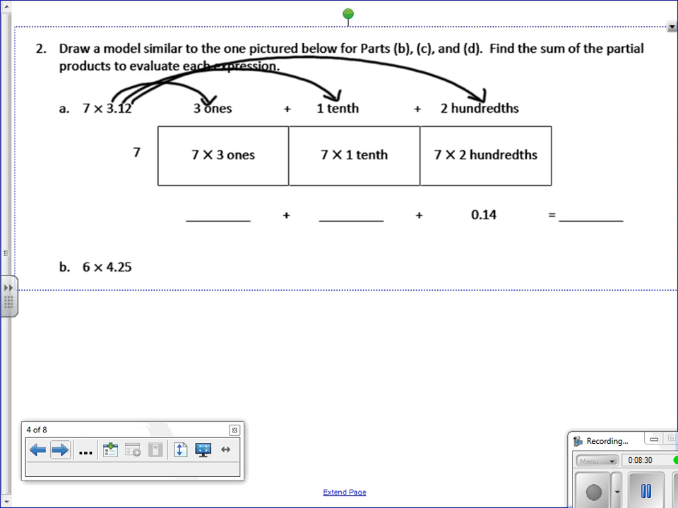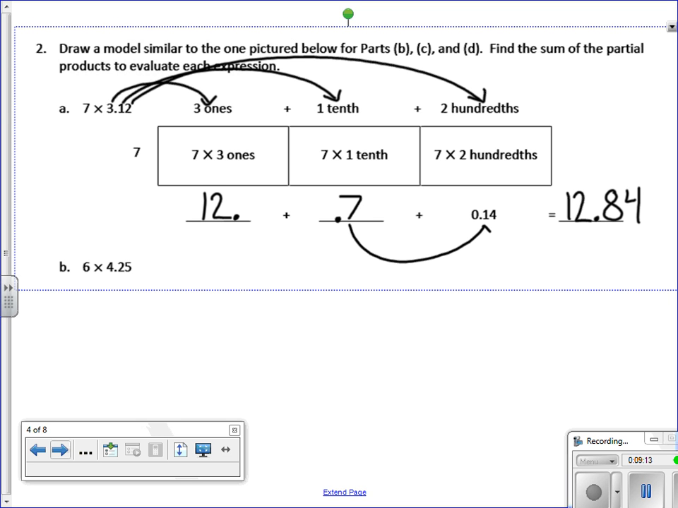So 7 times 3 is 12. 7 times 1 is 7. And 7 times 2 is 14 hundredths. And now what we've got to do is take those and add them all up. So if you think of this, there's a decimal point here, there's a decimal point here. We know our answer is going to have a 12 out front. 7 tenths and 1 tenth is going to give us 8 tenths. And then we have a 4 in the hundredths place. So we're going to end up with,